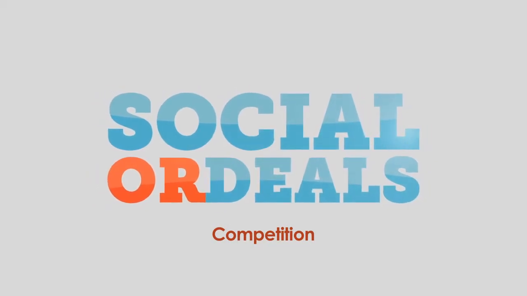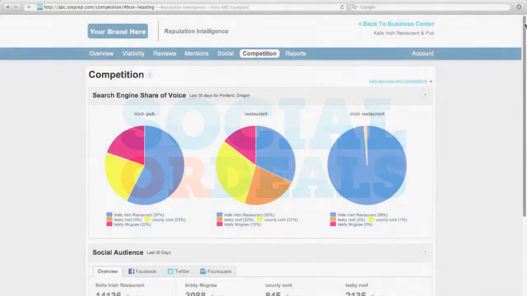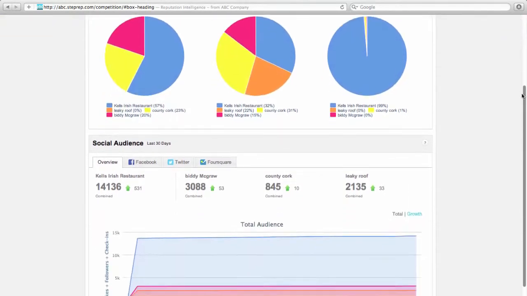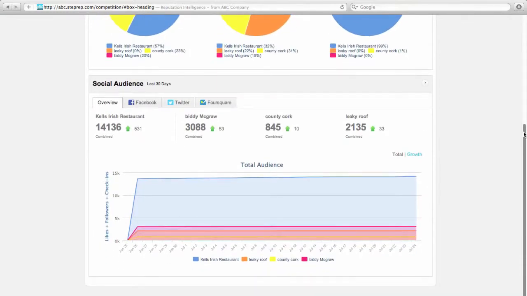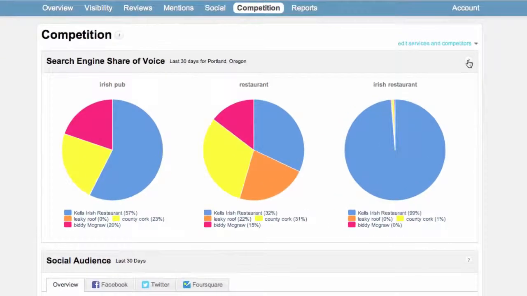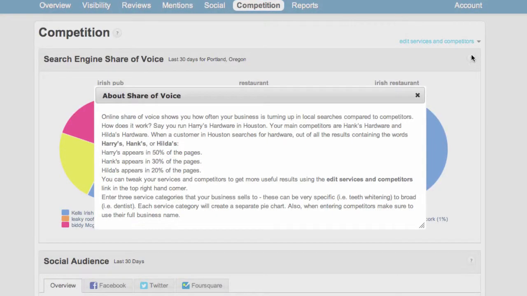Let's review the Competition tab. The Competition tab allows a business to see how they stack up against their competitors in the categories of search engine share of voice and social audience. Search engine share of voice will show a business visually how they are comparing in Bing search results compared to their competitors and in the specified categories of their choice. View the tooltip within the search engine share of voice headline to find out more about how these percentages are